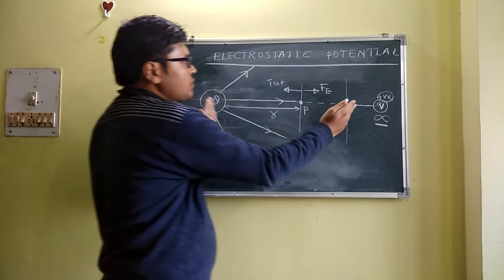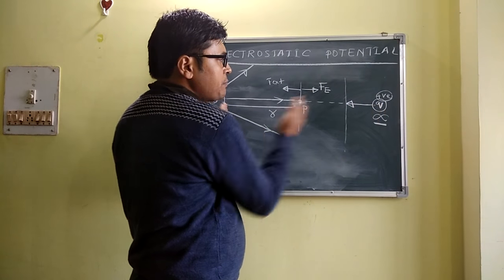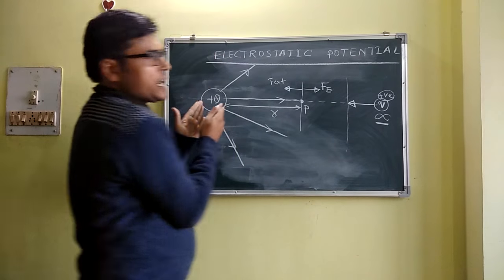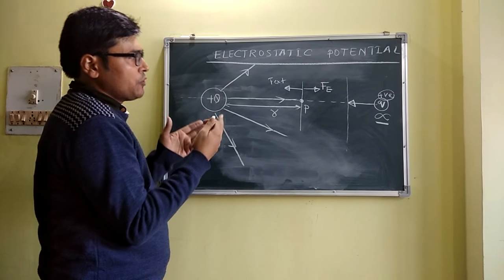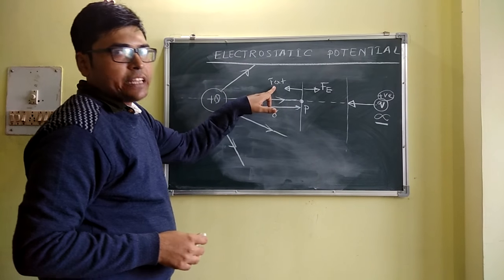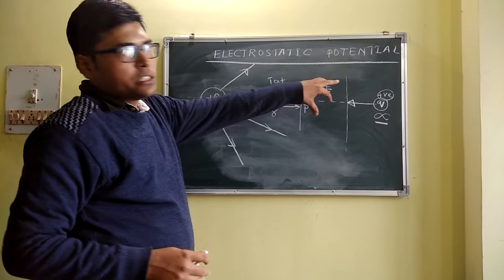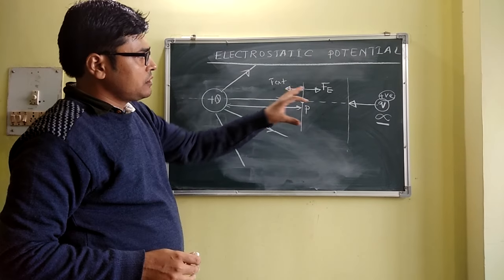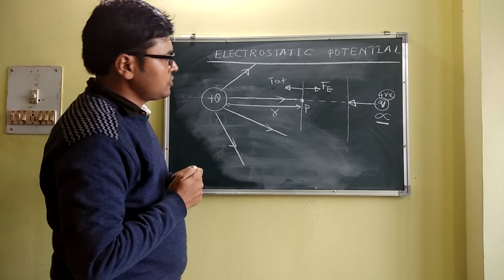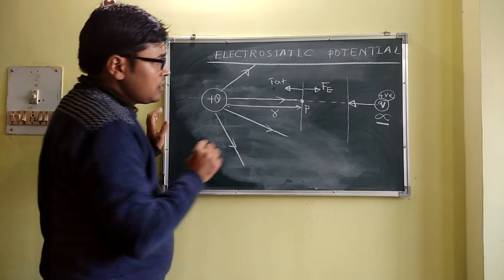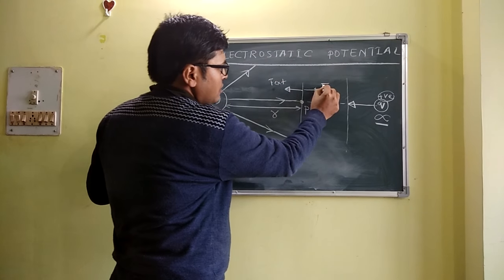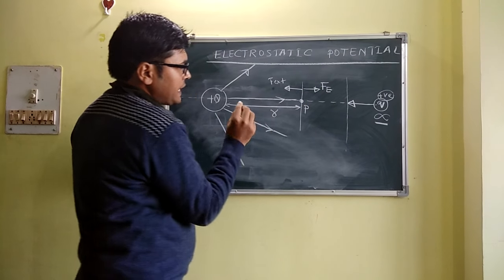Obviously, this force will be variable as the distance will keep on varying as we move towards the charge. So this force will be variable. But we have selected this external force in such a way that it is equal to the electrostatic force. So now we can say that